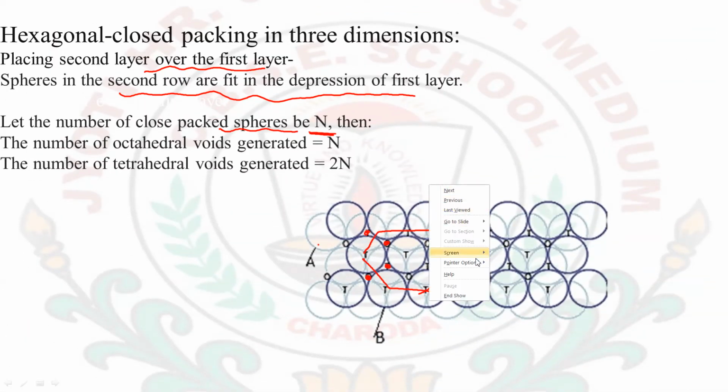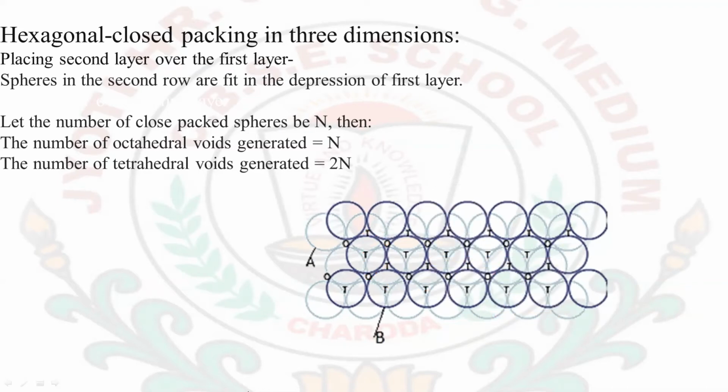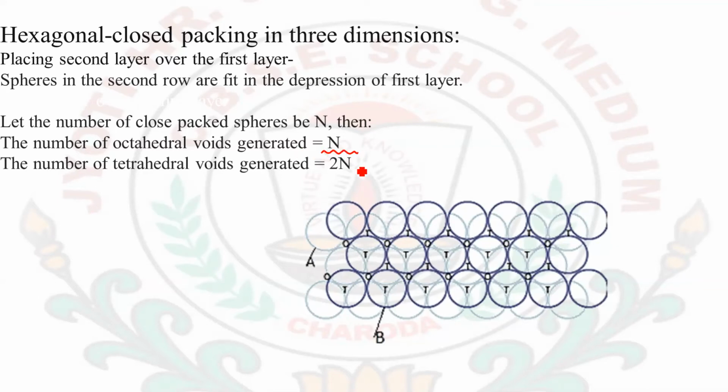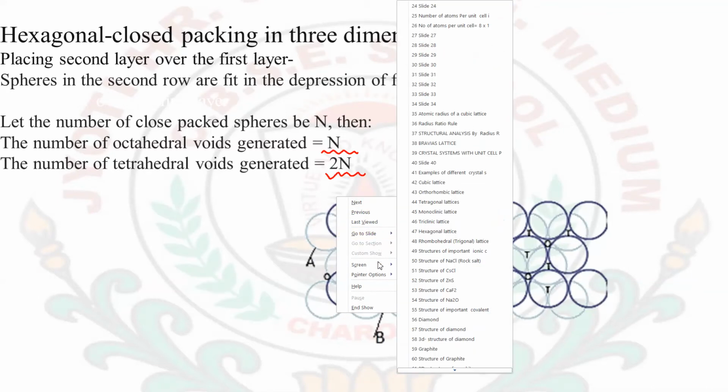But in the case of octahedral and tetrahedral voids, the number of spheres will be different. If the number in the octahedral void is n, then in the case of tetrahedral voids it will be 2n. The tetrahedral voids will have a larger number, while in the case of octahedral voids only n number of spheres will be present. Okay, next,